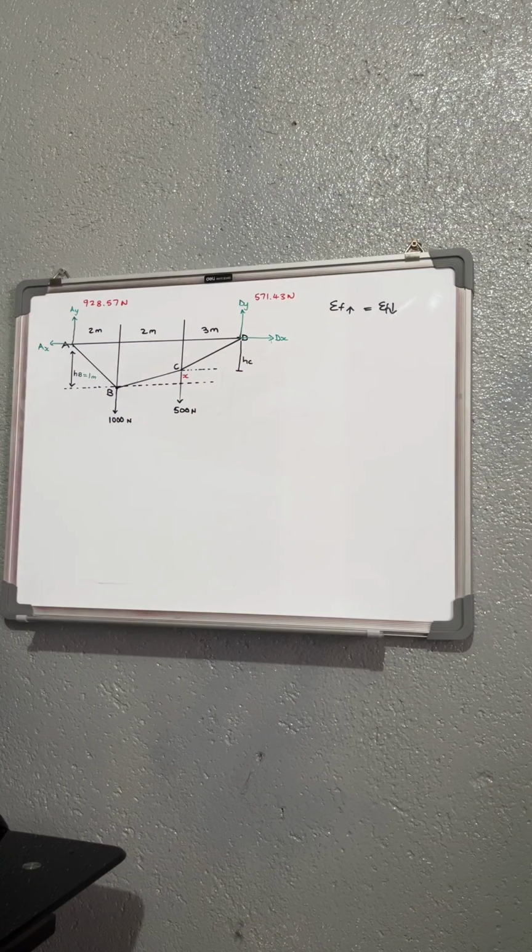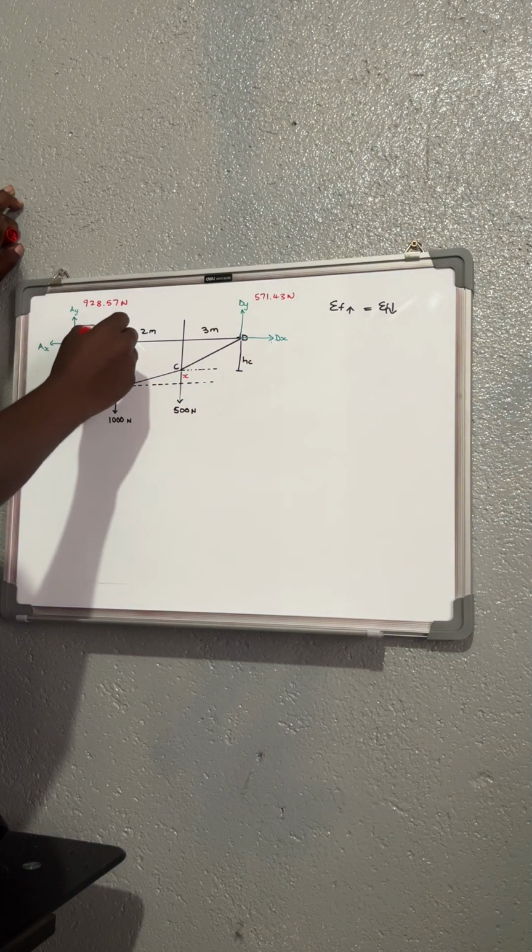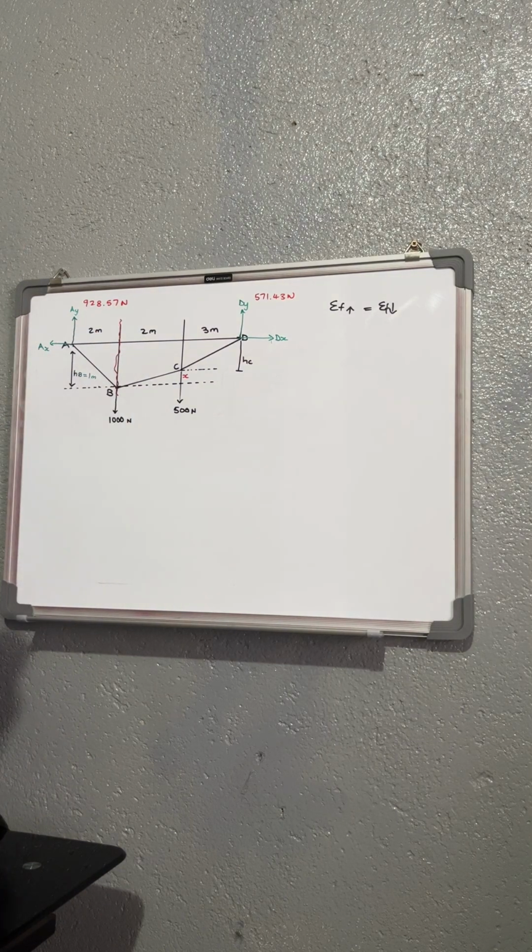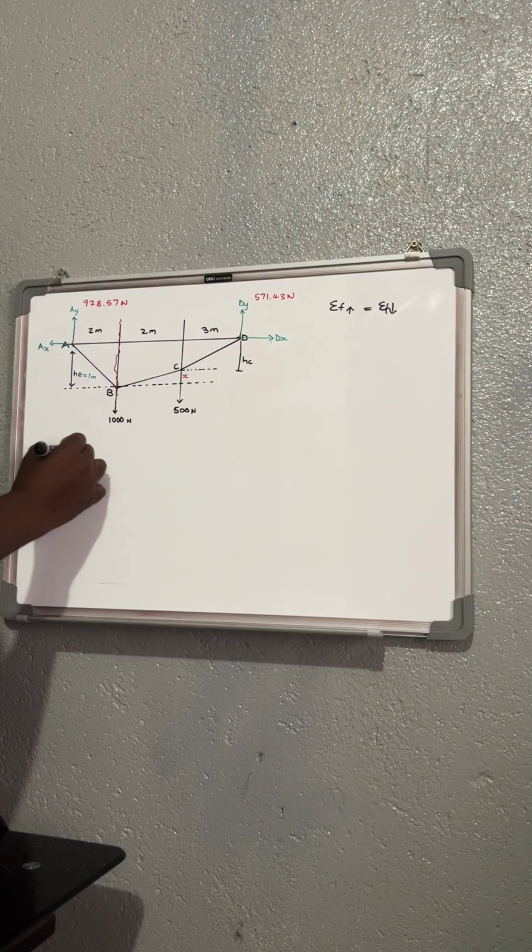So what I like to do is check a rectangle that has most information. If you can see, this one has most information because they've even given you this 1 meter this side and the 2 meter this side. So if I can be able to cut here, it means I'll be able to work out that ax. Okay, let me just do it for you so you see. I'm saying if I'm able to cut here, what am I going to be left with? You're going to be left with only this